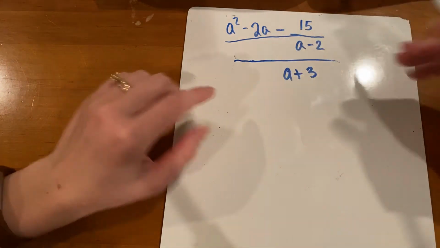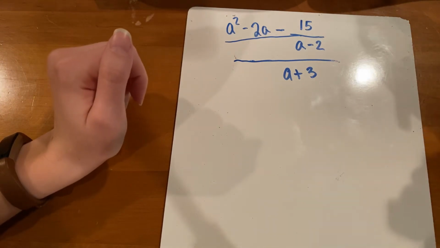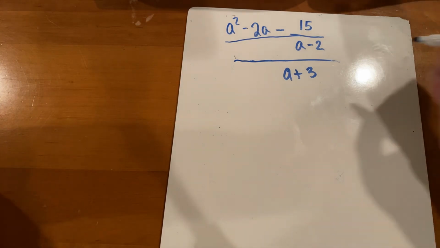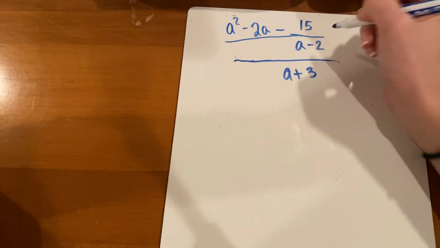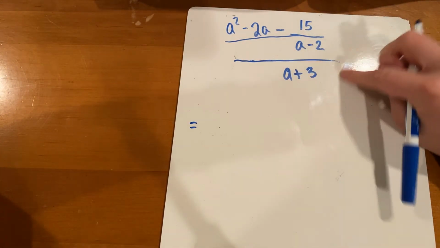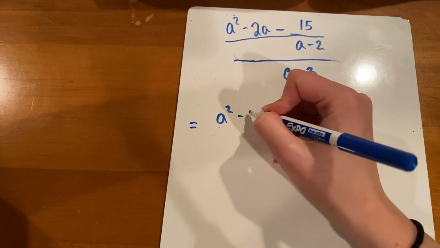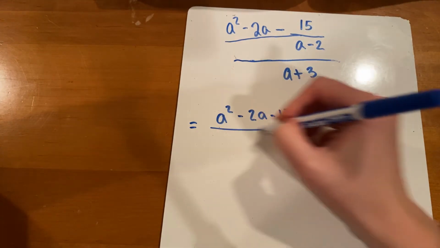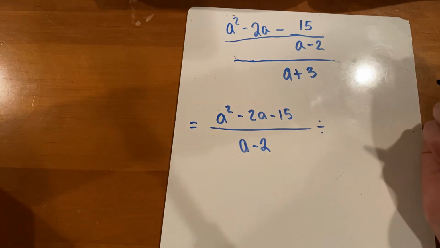But we still have this division, as well as a polynomial up here that is best to factor right away. That way we don't get lost or forget about it later. So it's really your choice. You can either factor it right away or do your division bar. And honestly, because I don't have room up here, we're going to do the division bar first. So we're just going to rewrite our expression now as division with the division bar. So I have a squared minus 2a minus 15 over my denominator of a minus 2 is being divided by